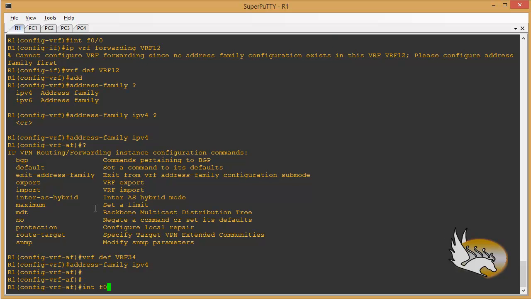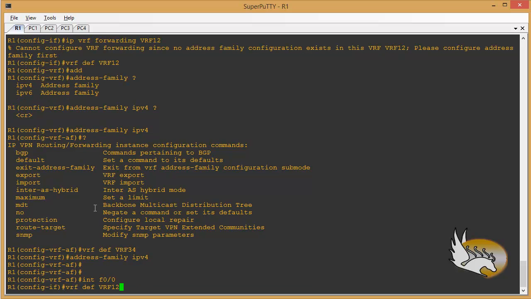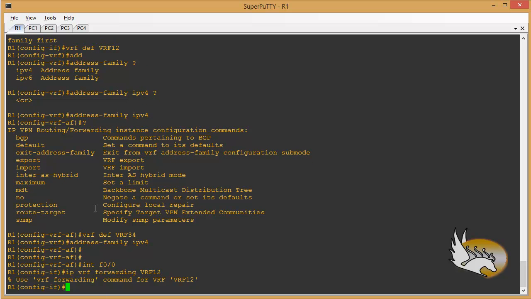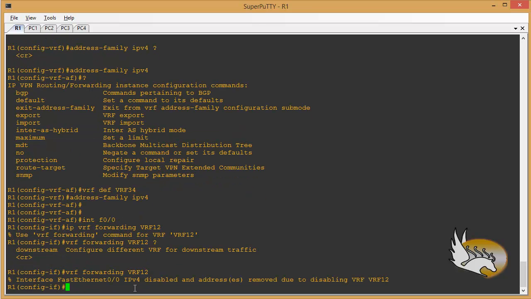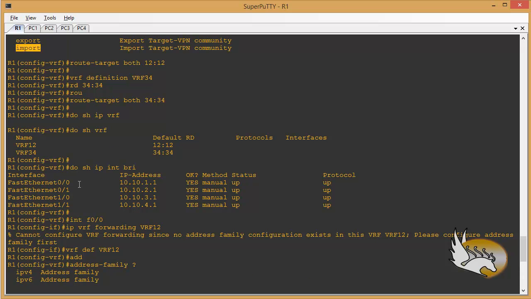That's it. Interface fast 00, and again IP VRF forwarding VRF-12, and it tells me that use VRF forwarding command because this is a newer format. So I do not type IP VRF forwarding. Instead, I type VRF forwarding, and finally I need to hit enter. That's it. Interface fast 00 has lost its IP address. Now I need to type an IP address for that. 10.10.1.1, and this is why we should know about IP addresses, and I type this show IP interface brief command